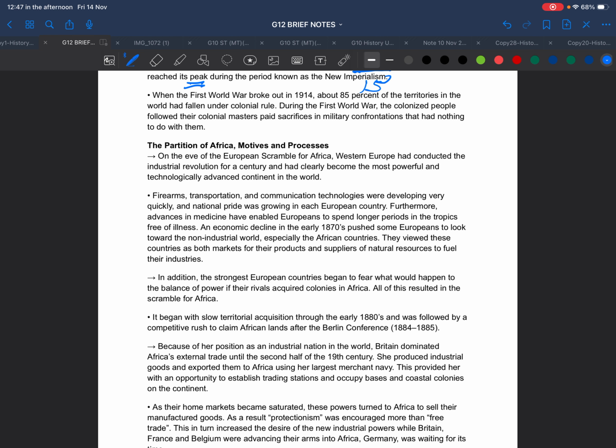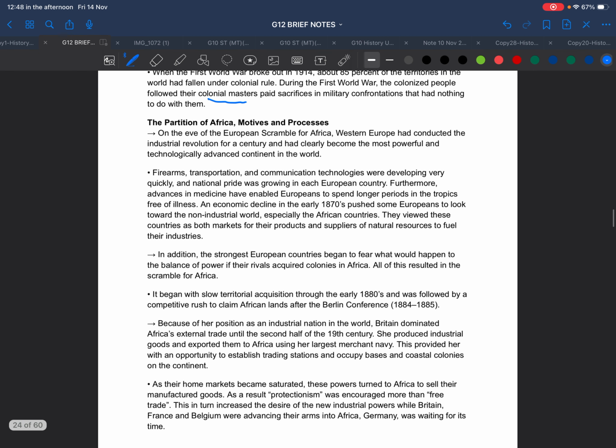During the First World War, the colonized people followed their colonial masters and paid sacrifices in military confrontations that had nothing to do with them. The African colonized people, for instance, followed their colonial masters. Like Egypt, they obeyed the rules of the British colonizers. So in short, to conclude what we have discussed earlier,